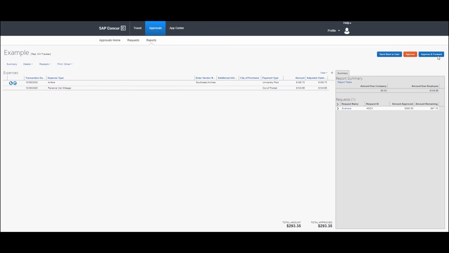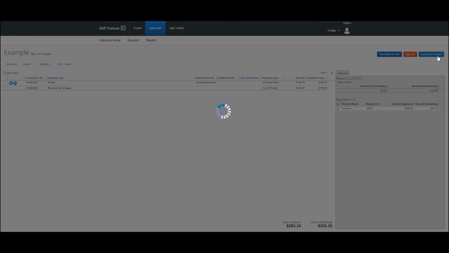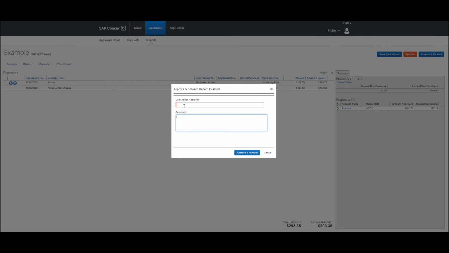The approve and forward button is something you wouldn't commonly use. What this does is it impacts the approval workflow. So if you use this function, approve and forward, it's going to ask you who you want to add as an approver. This person literally has to touch this expense report before it can come into the accounts payable queue